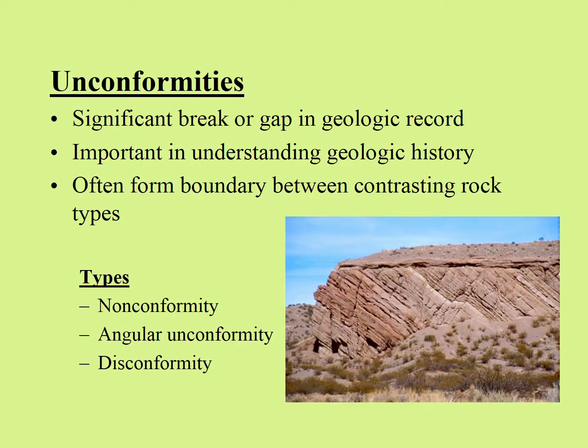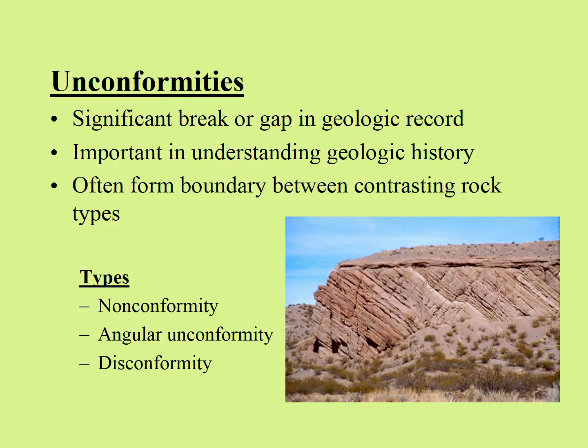The next thing that we want to consider are unconformities. These represent a significant break or gap in the geologic record. They're important for our understanding of the geologic history that led to the deposition of those formations. And unconformities are often found at the boundary between contrasting rock types. We actually have three different types of unconformities: nonconformities, angular unconformities, and disconformities. And I'm going to show some examples of some angular unconformities, and you can read more in your text about the differences between nonconformities,